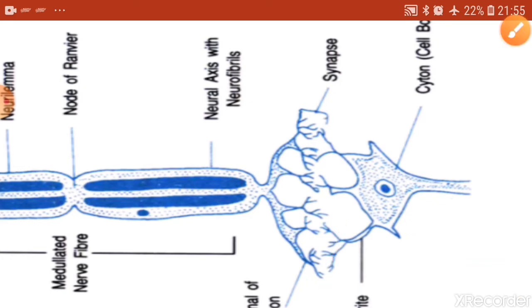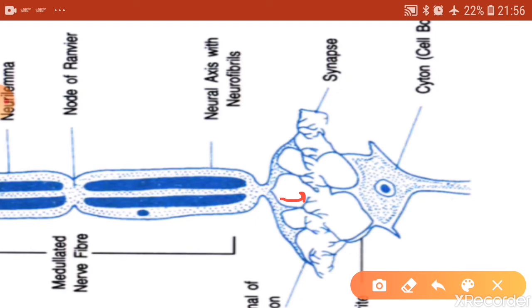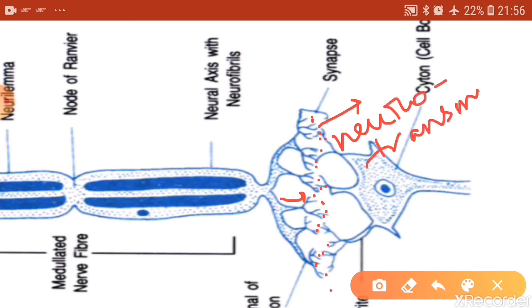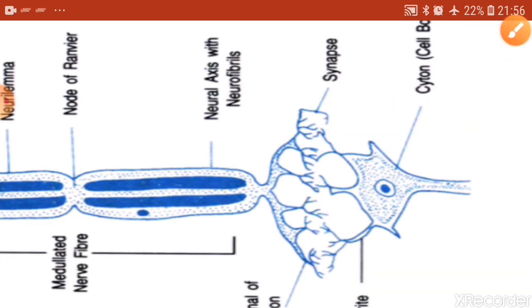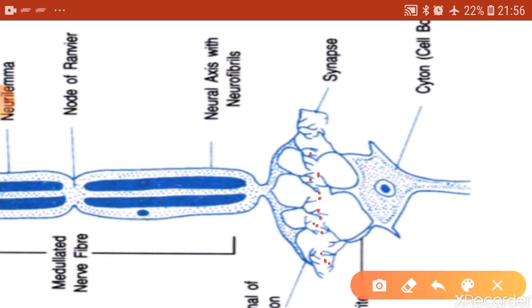Let us see. Once the impulse reaches the axon terminal, this electric impulse will cause a release of some chemicals. The axon terminal releases some chemicals, and these chemicals that are released are called neurotransmitters. Because current can't pass through the gap, the chemicals that are released pass through the gap, that is through the synapse, and then they go and